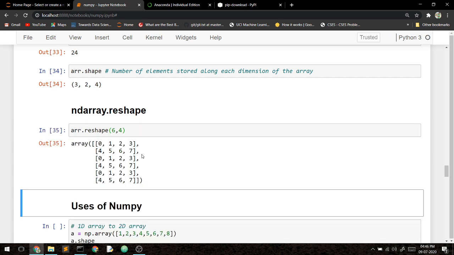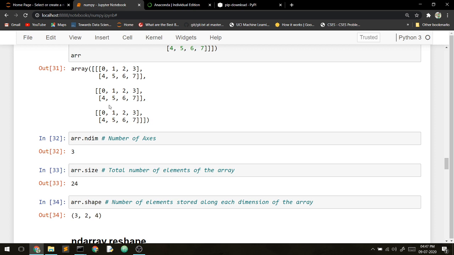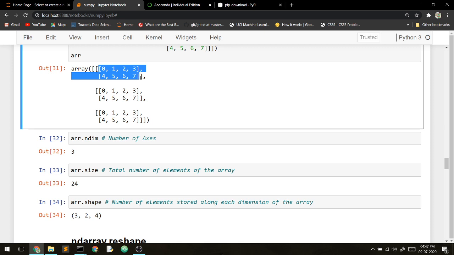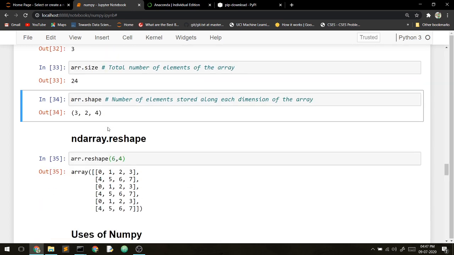So now it is simple to you because it is two dimensional. See, it has 6 rows and 4 columns. It had something three dimensional, so it had three times 2 rows and 4 columns matrix. Because see, this is a 2 rows and 4 columns matrix. It is three times: one time, two times, three times. So it is multi-dimensional. You can analyze it in your mental space.